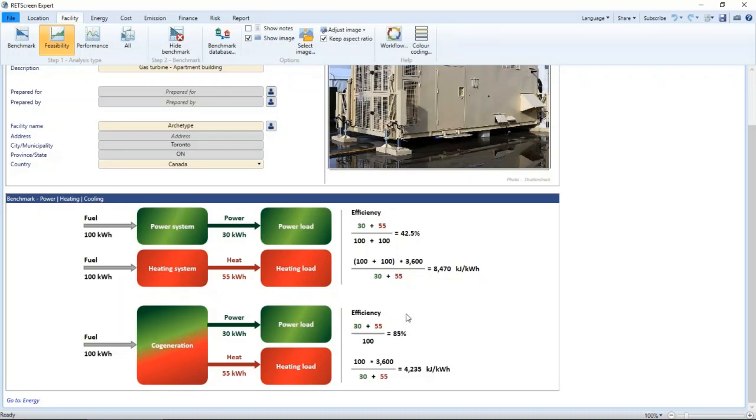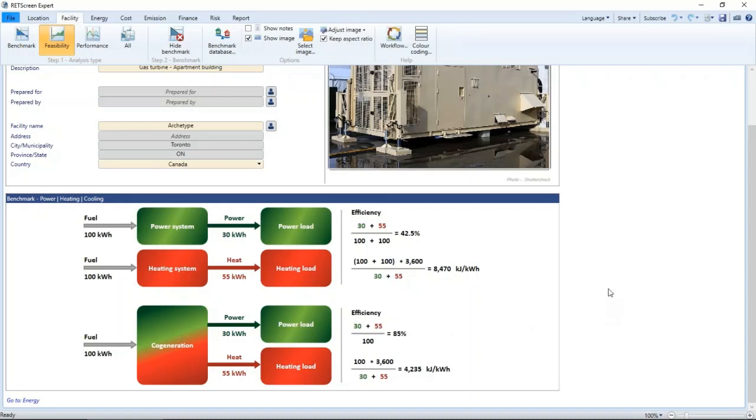When reviewing, we see that by recovering the waste heat in a cogeneration system, we could expect to reach an overall efficiency of 85%, compared to a low efficiency of 42.5% when the heat resulting from the power generation is simply released as waste heat to the atmosphere. The high efficiency of 85% explains why cogeneration is often considered as a clean energy project, even though a conventional